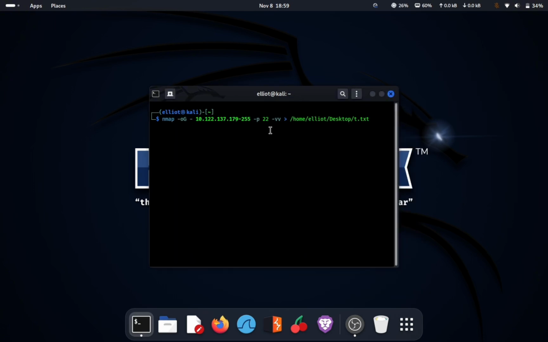So we typed our target, and I want to specifically scan port number 22 here, and we will use -vv. Double v basically gives you much more information about what's going on while scanning the target, and we will use the greater than sign to tell where we need to save our file, and you just give the path where you want to save the file. I am saving it on the desktop as t.txt, or let me simplify it to result,